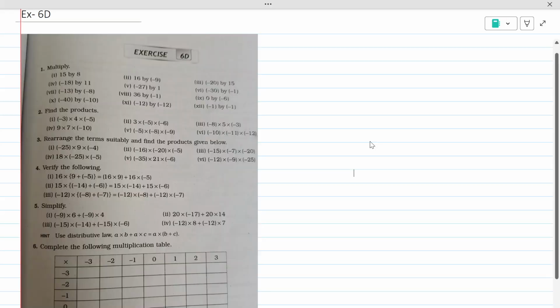Hello kids, in today's class we are going to start with the next exercise, 6D. So before we start the exercise, let me again remind you the rules which we have done for multiplication of